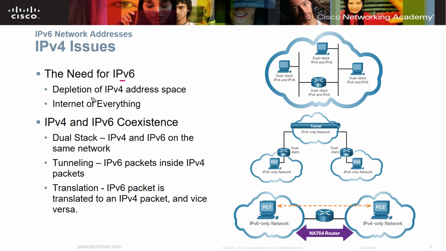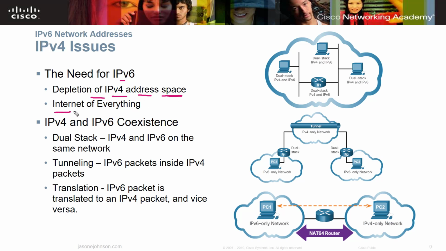But what happened was we ran out of v4 address space. We just did not have enough IP addressing. v4 was created many years ago. So in 95, if I'm correct, I may be wrong on that, but I think 1995 was when v6 was put into play, when it was finally approved. So it's been around for a long time.